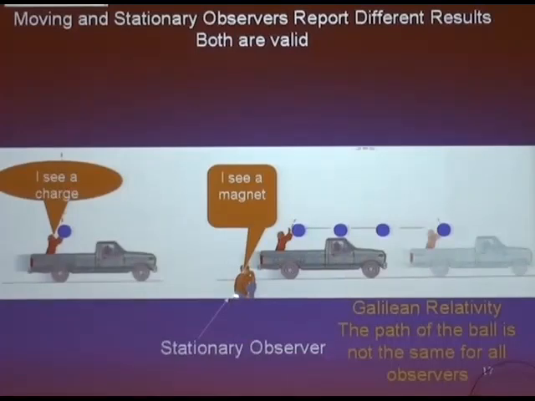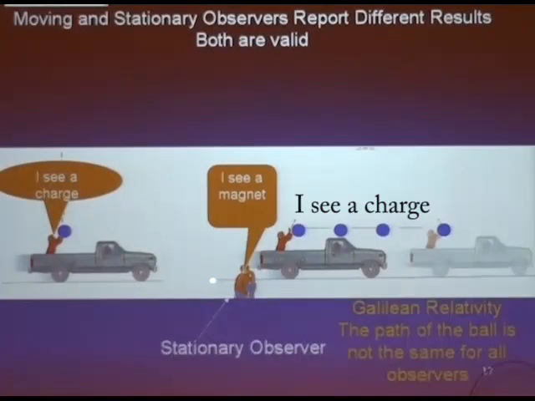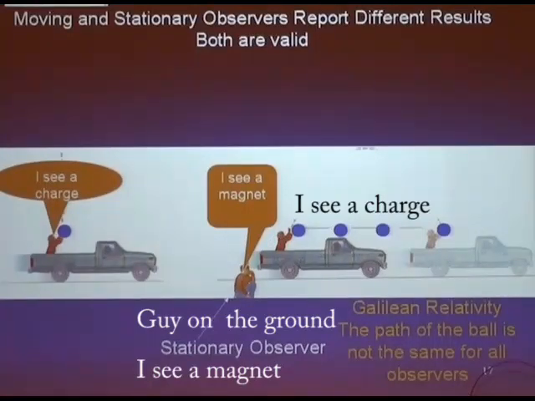Now the guy on the ground will see a charge, but when this is moving, the guy inside will still be in this position, and he will still say, I see a charge. But the guy on the ground will see a moving charge. And the moving charge was the same experiment I did over here, and the moving charge is a magnet. So the guy on the ground says, hey, you got a magnet, and the guy in the truck says, I got an electric charge. Just like you have a straight path and a parabolic path, they're the same things.